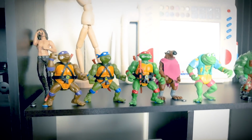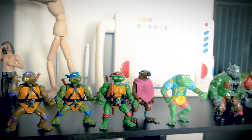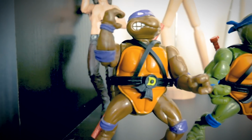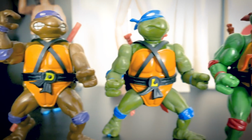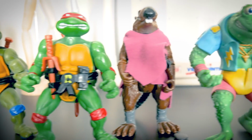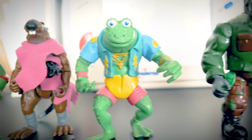Then up here, we have the Ninja Turtles. Now you'll notice I am missing Michelangelo, but he'll be coming along soon. Leonardo, Raphael, Master Splinter, Genghis Frog,